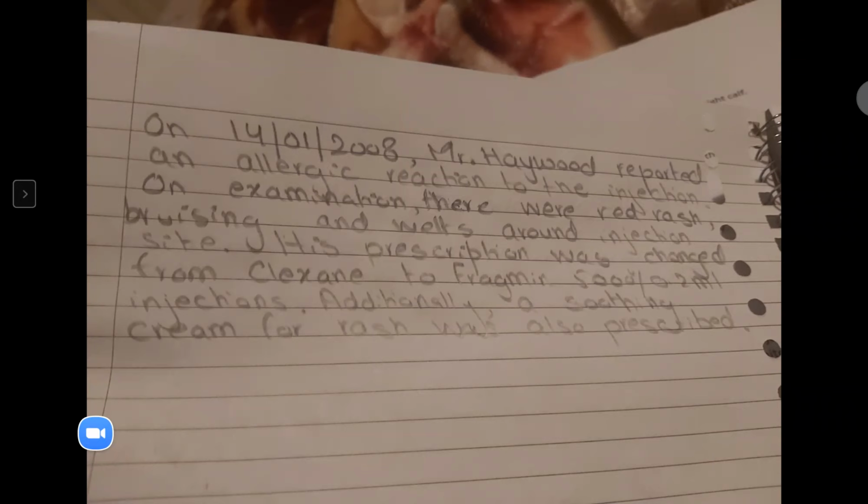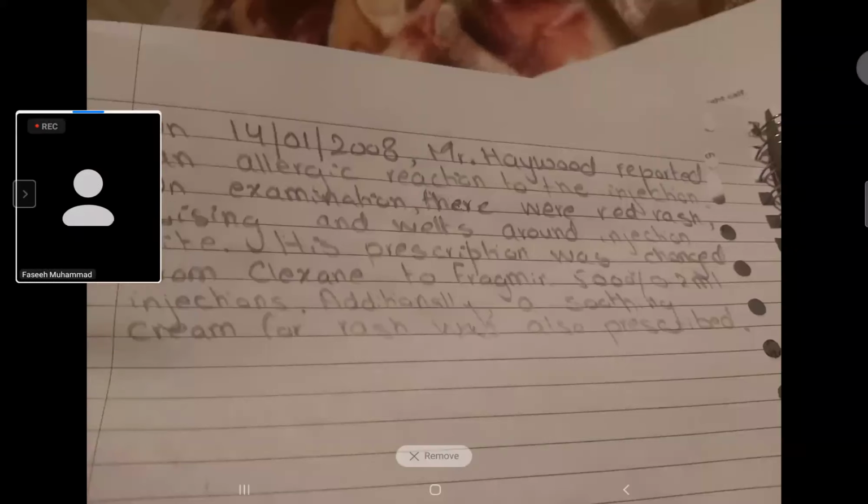Previously what happened was, why is this important? Because when this patient came to us, did he have any allergy? Dr. Fasi, did he have any allergy? No, ma'am. No allergy at all, right? Now he's got an allergy. The GP doesn't know. Now you need to tell him. Do you know what I'm trying to teach you here?